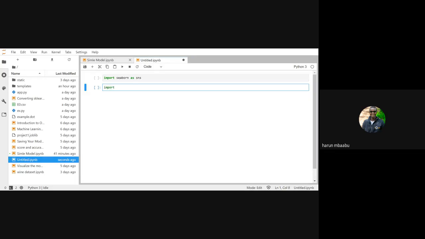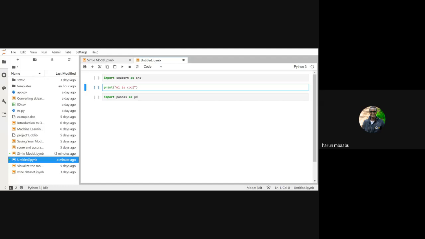I can type anything, like import pandas as pd. Now I want to introduce a cell above it, so I press Escape, then A for above. Let's say I was typing print, we can say print ML is cool, and I don't want to use that line, so I want to comment it out.